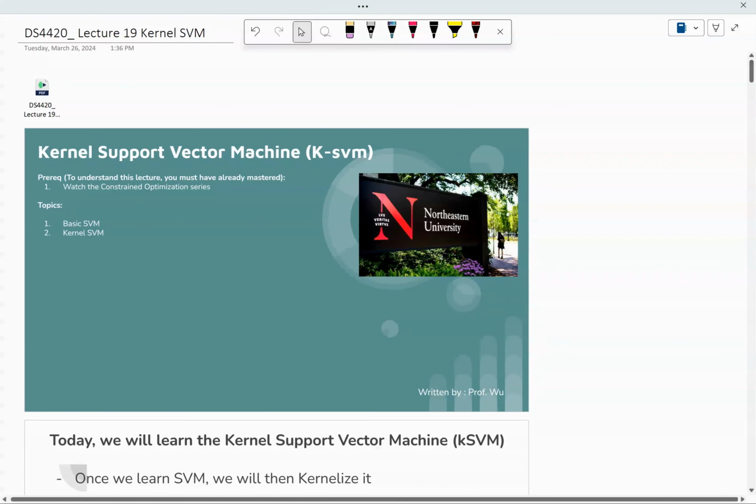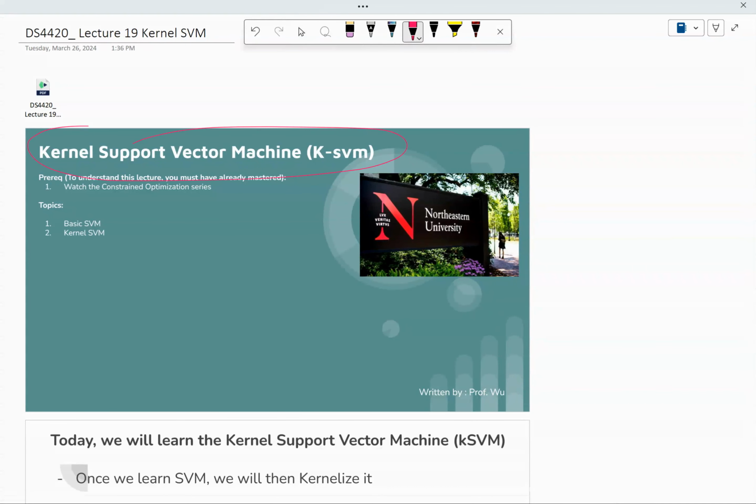Today we're going to work on kernel support vector machine, or we are going to go over the support vector machine as well. But since this is the kernel series, we're going to talk about kernels. This is the Northeastern University course, and I am Professor Wu. Okay, so